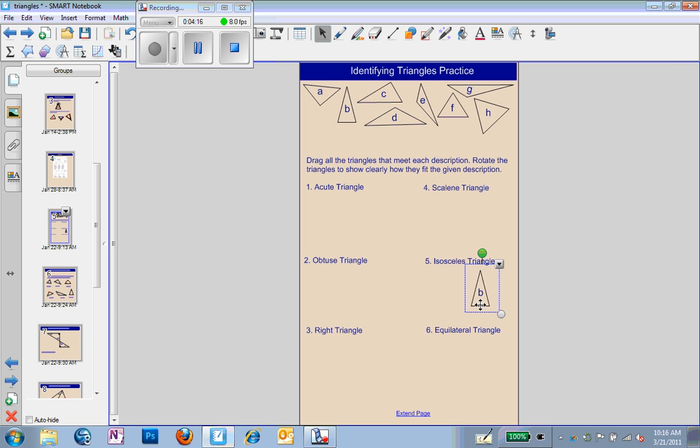So we figured out what it is based on its sides, but let's see if we can tell what it is based on its angles. This one's also acute, so I'm also going to drag it under acute. So here we have acute, obtuse, and right for the 3 types based on angles, and scalene, isosceles, and equilateral for the 3 types based on their